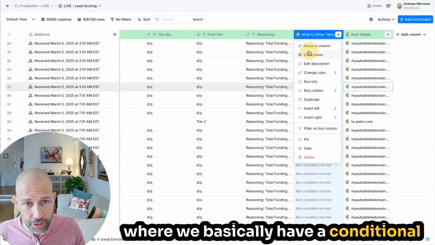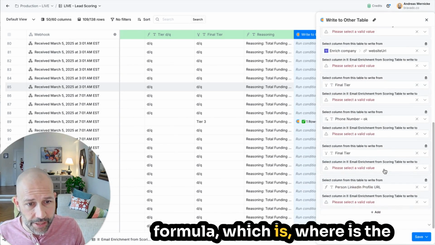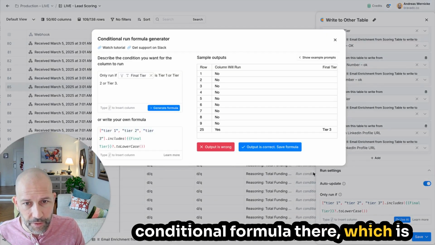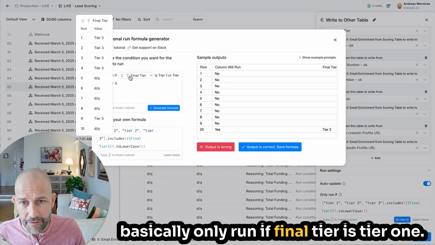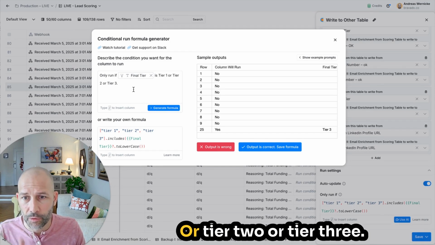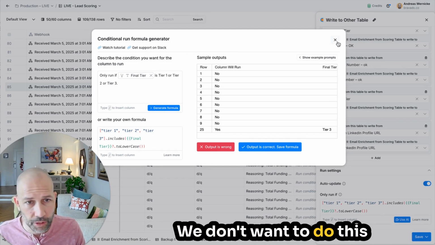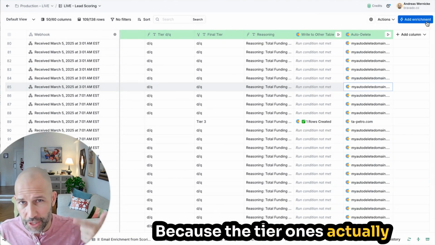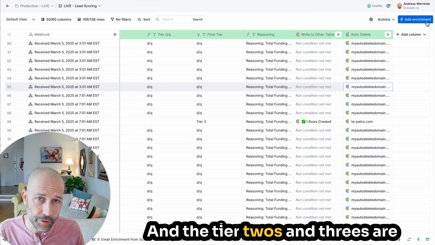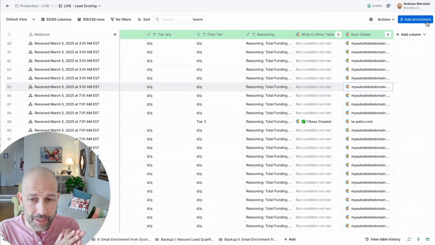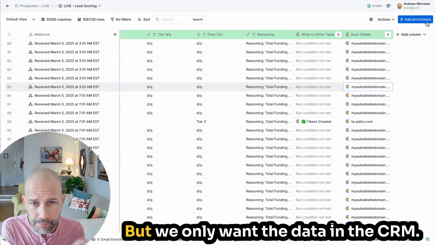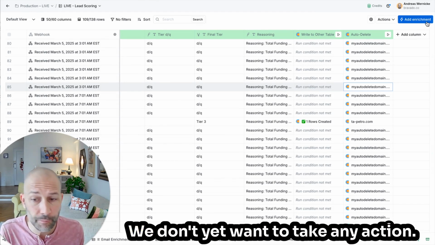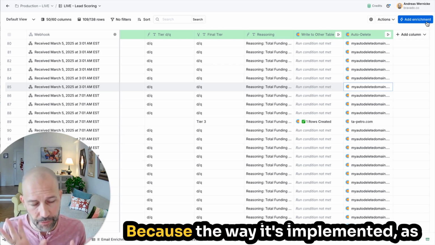Where we basically have a conditional formula, which is, where is the conditional formula? There, which is basically only run if final tier is tier 1 or tier 2 or tier 3. We don't want to do this for the disqualified ones, because the tier 1s actually get an automated email, and the tier 2s and 3s are interesting leads in the system, but we only want the data in the CRM. We don't yet want to take any action, because the way it's implemented, as you will see in the next few minutes,